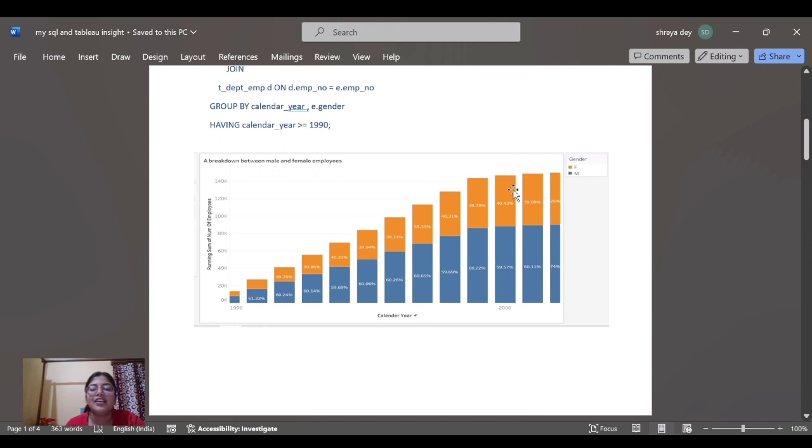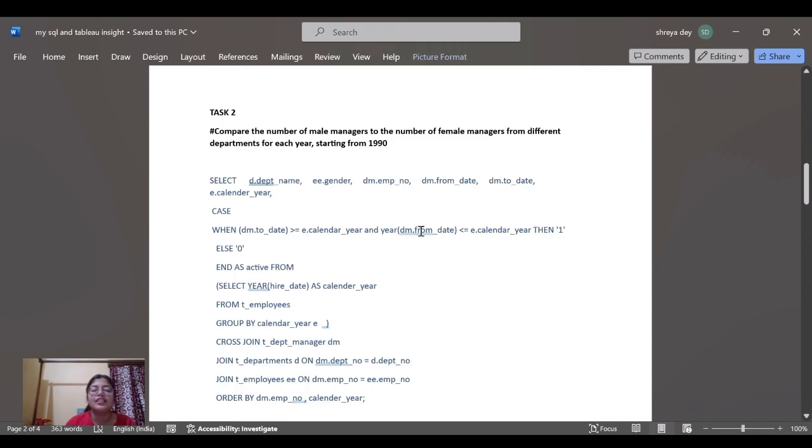Here the gender, female and male, female is shown in orange color and male is represented in blue color. In the second task, I have presented female managers compared to male managers from the